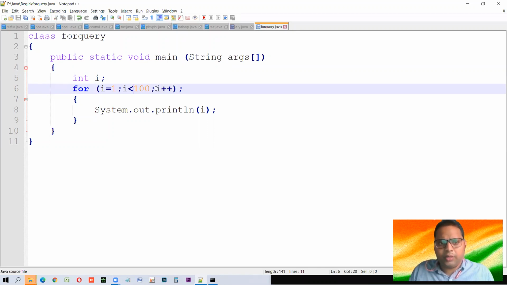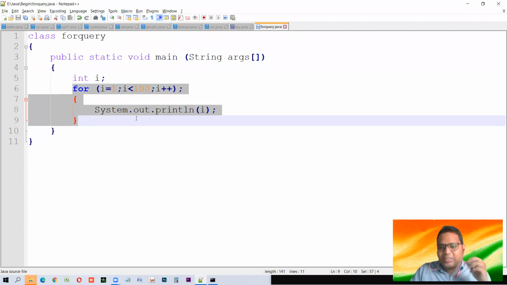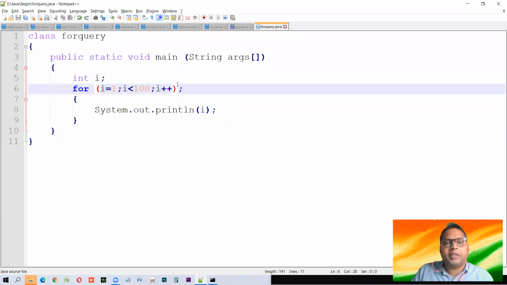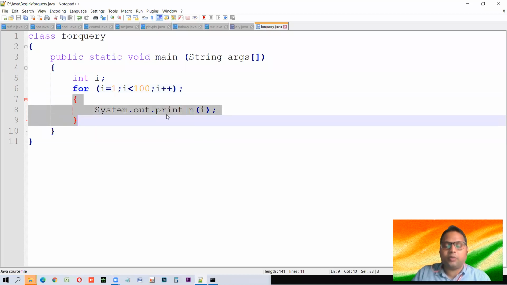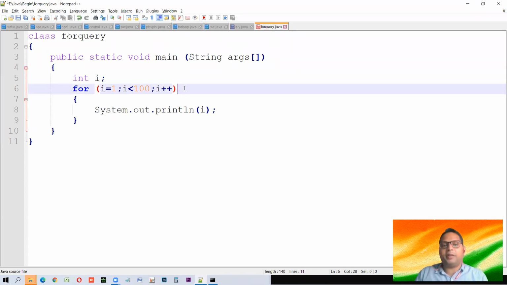So this is how we write these things. The problem is, one of the students has made this program expecting that it will print the numbers from 1 to 100. He did everything nicely, but he put this semicolon there. What is the semicolon doing? It is terminating the for loop there. And after terminating it, it comes to this when the value of i has increased and has now become 100 or 101, and that's what it is printing. So this can be resolved by just removing this from there.